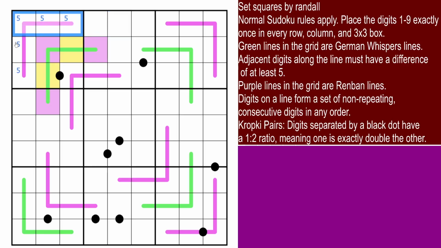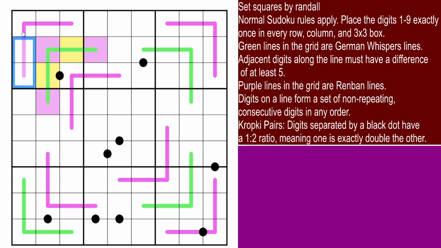Every Renban is of 5 lanes here. In fact all these are also 5 lanes. That's another symmetric point. I didn't see that earlier. So all the Renbans are 5 lanes, so all these will have 5. So given that,